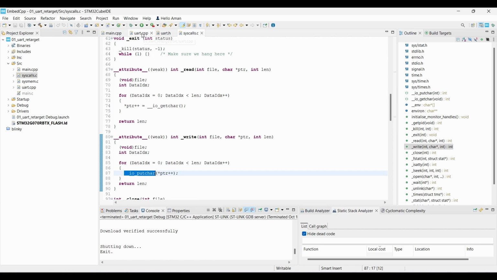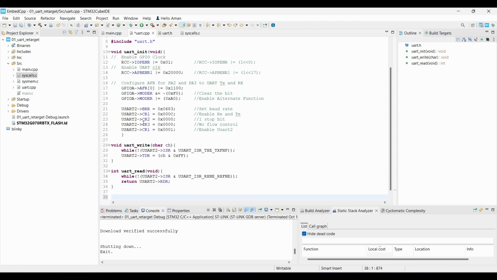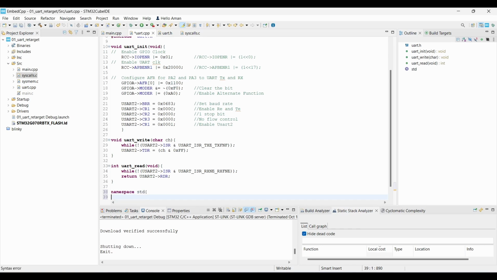How do we do it? Just come to uart.cpp. Here, write namespace. Since we are using a C++ application, we can use namespace std. And in here, we need to give #ifdef __cplusplus,